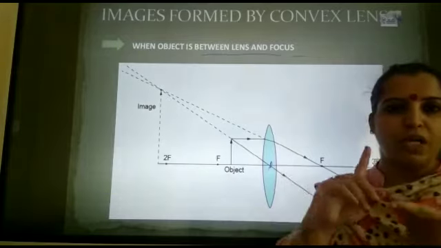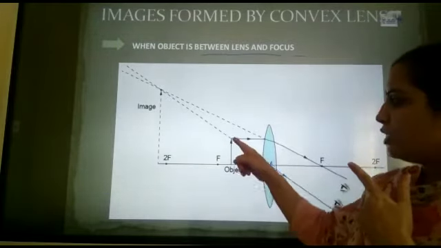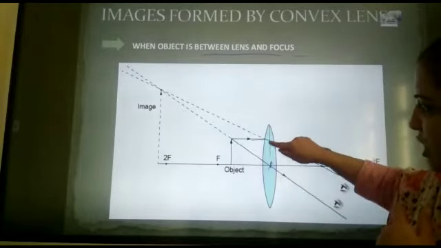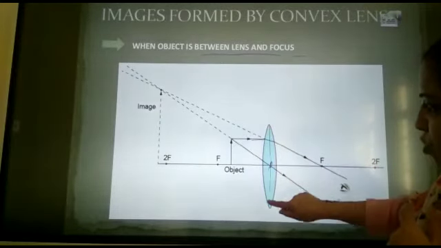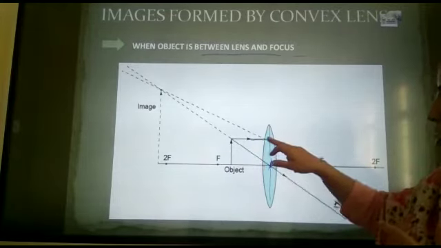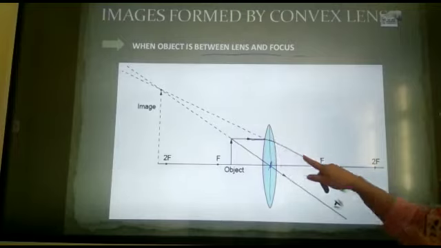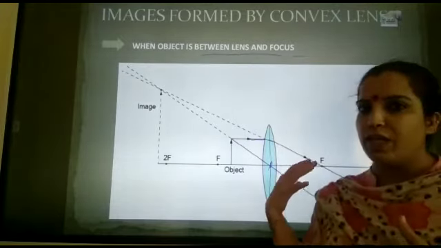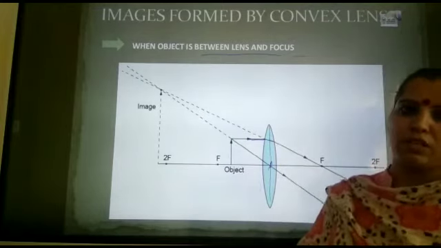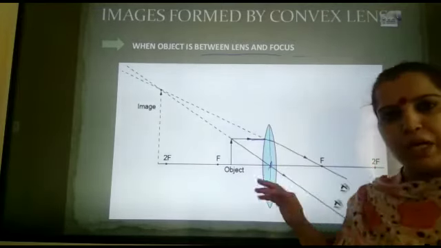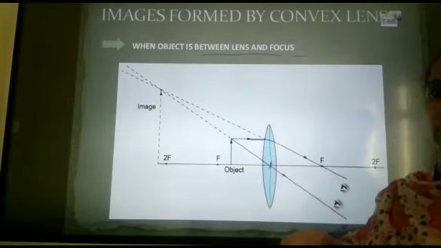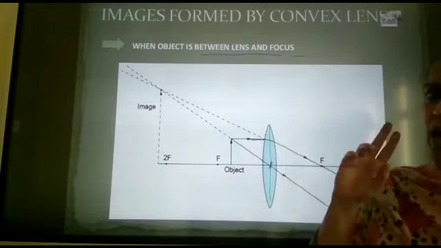Now see, I told that we will be taking one line, a light ray coming, and this can be the imaginary center that we take. So that can be the imaginary center, and one line comes and then bends from here and then passes from the focus. Focus means where the light rays are converging. The other line that we always have to consider passes straight through the center of the lens. So these are the 2 light rays.